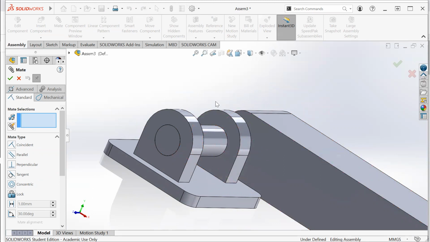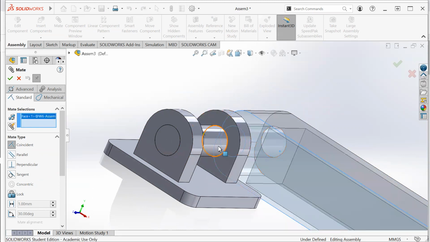So there are a few ways to be able to select a surface you can't see. So I'm going to show you one of my favorites here. So I'm going to hit coincident because it's usually best to select what type of mate you want first, and then which two surfaces you want to mate. So I'm going to mate the front side of the sleeve to the back side of the base plate